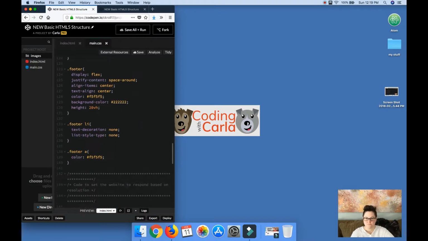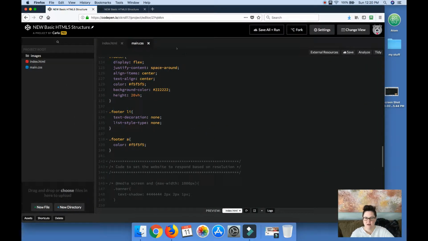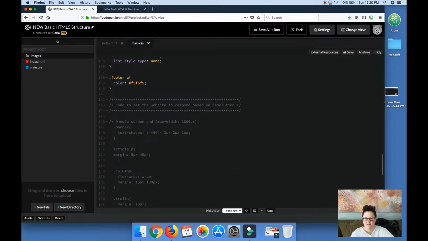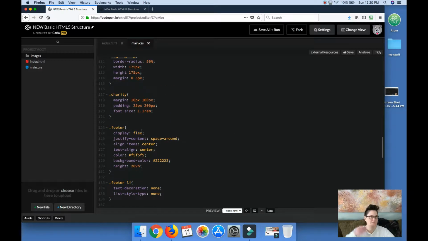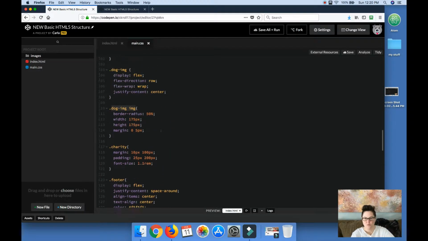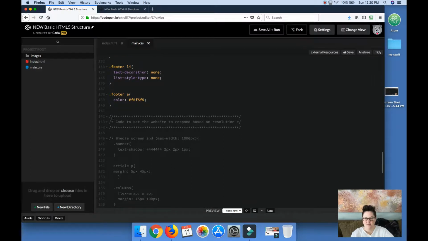So what we're going to do first, I'm here in the main CSS. You can see I've already got this all typed out, and we're just going to go over it bit by bit so that you can see what we're doing here. So under here, I've got this, it's marked out, code to set the website to respond based on resolution. And the first line that you're going to type